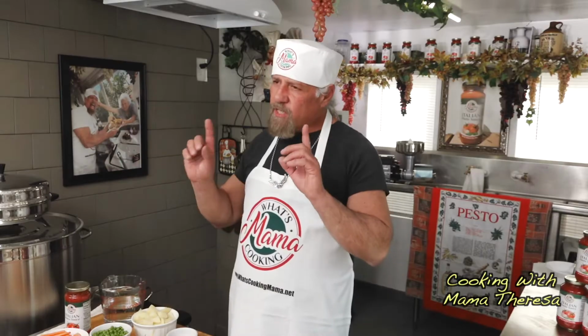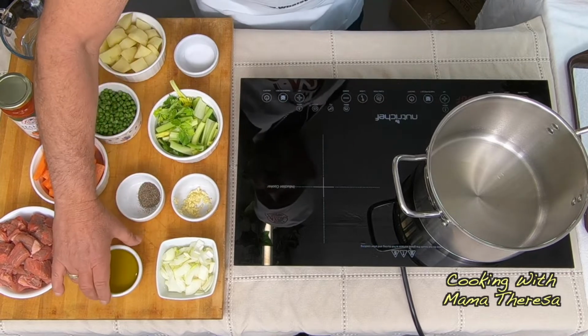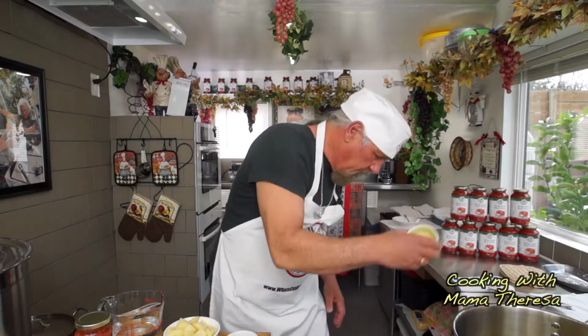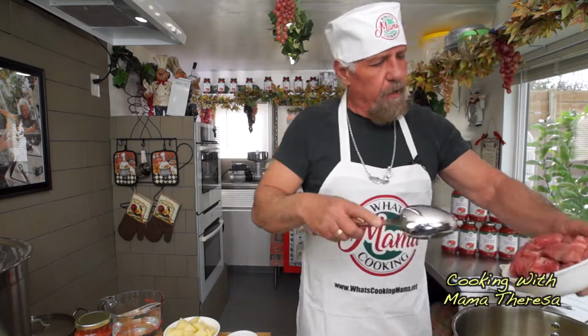All right, now step 1. You want to take your olive oil and you want to put it in your pot. Okay, just like that. You want to take your beef and you want to put it in the oil,